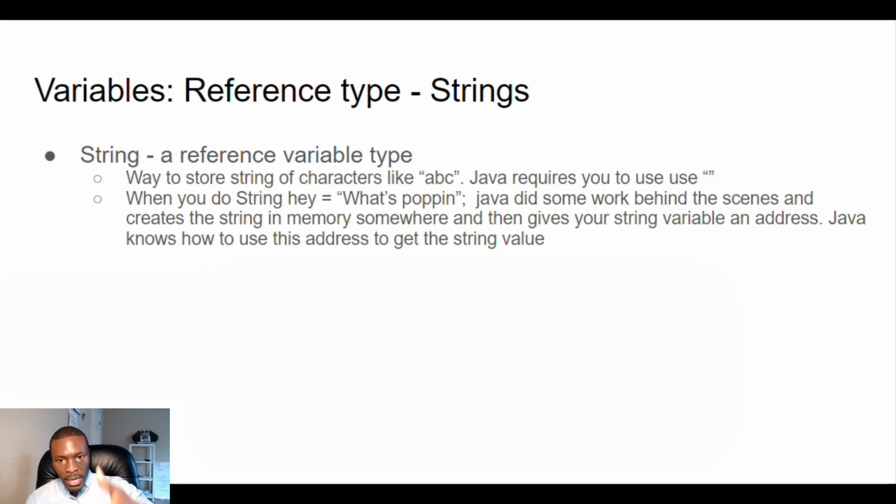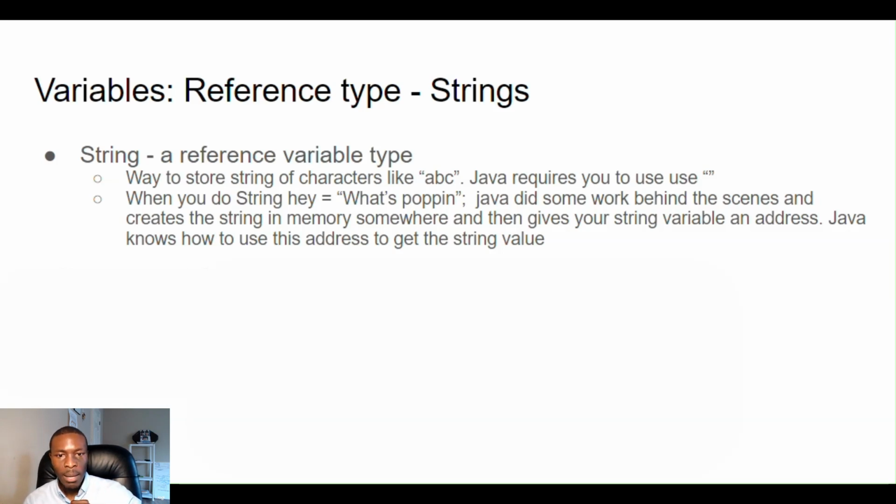Whenever we create the string variable, Java is going to create a space in memory, and Java is doing some work here. It creates space in memory, and it figures out how to store the value that we provide. So if we create a string called "Hey" and what's poppin', Java creates the space in memory and figures out how to store what's poppin'. Then our variable "Hey" is given the address that points to